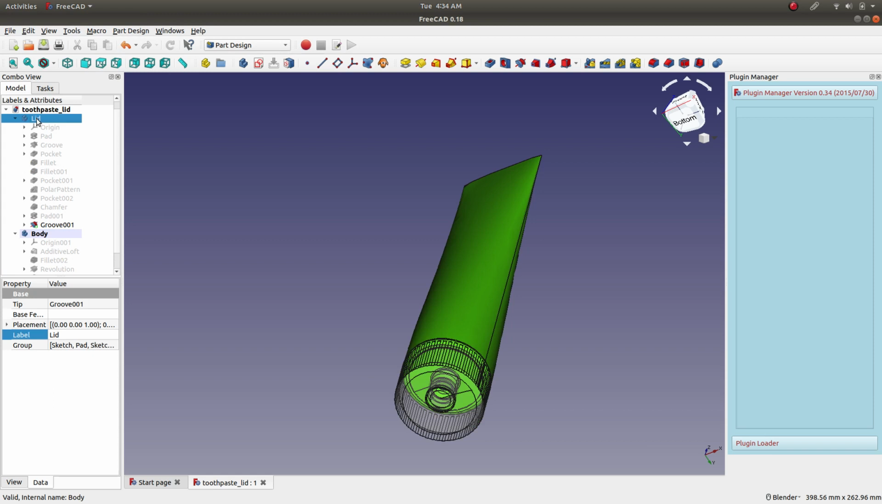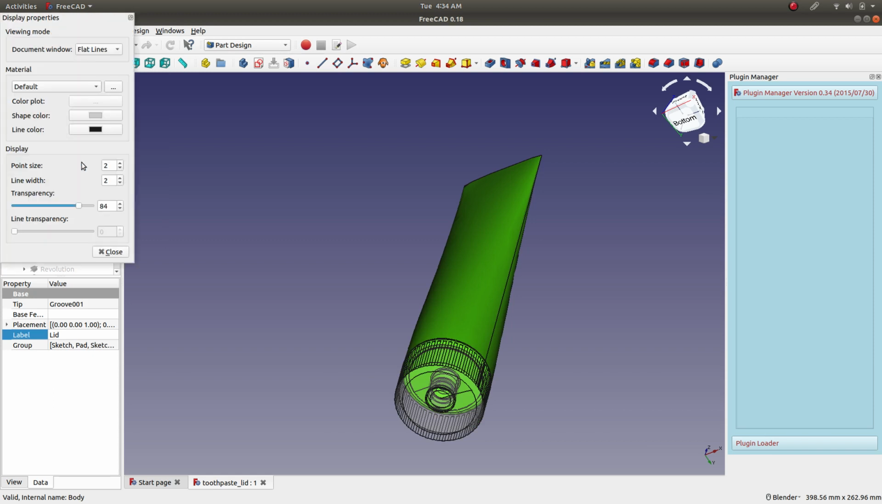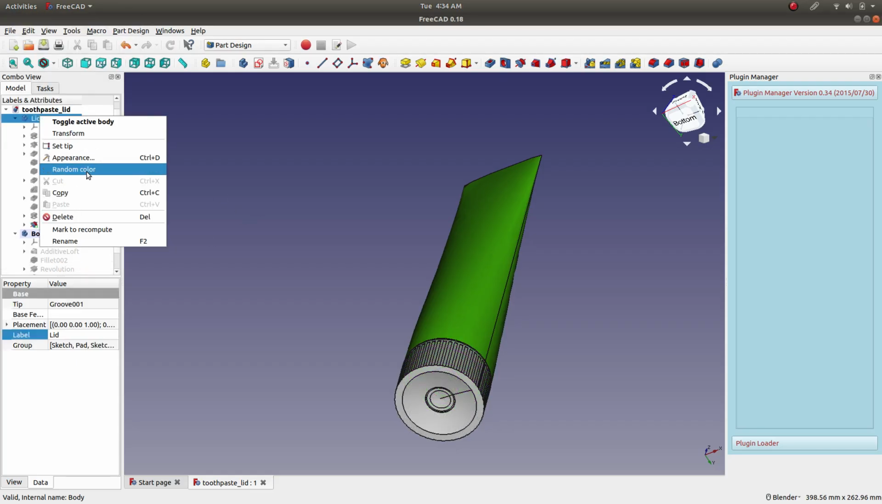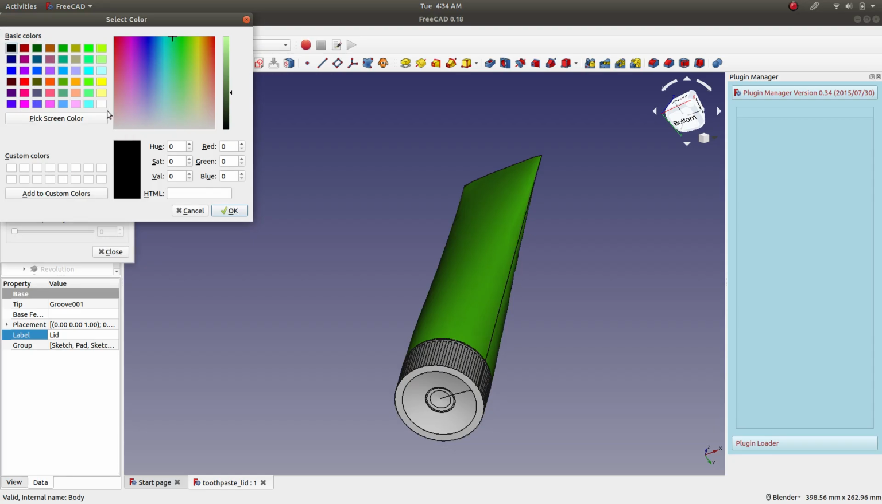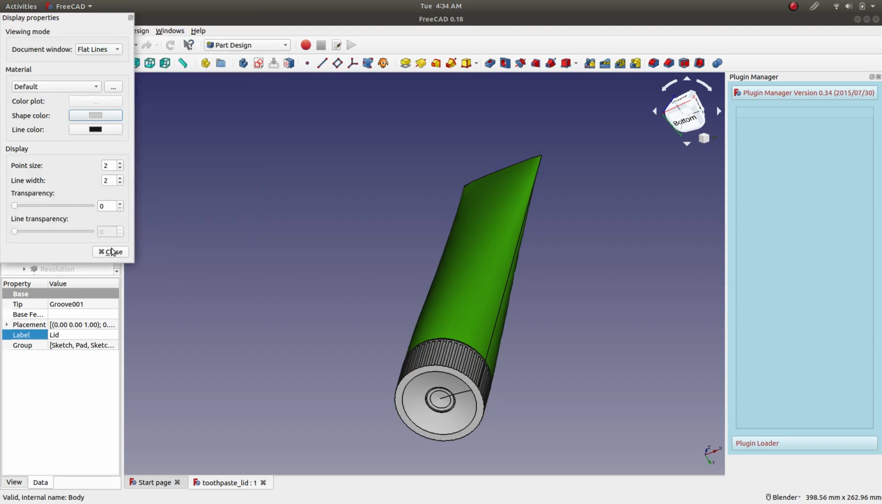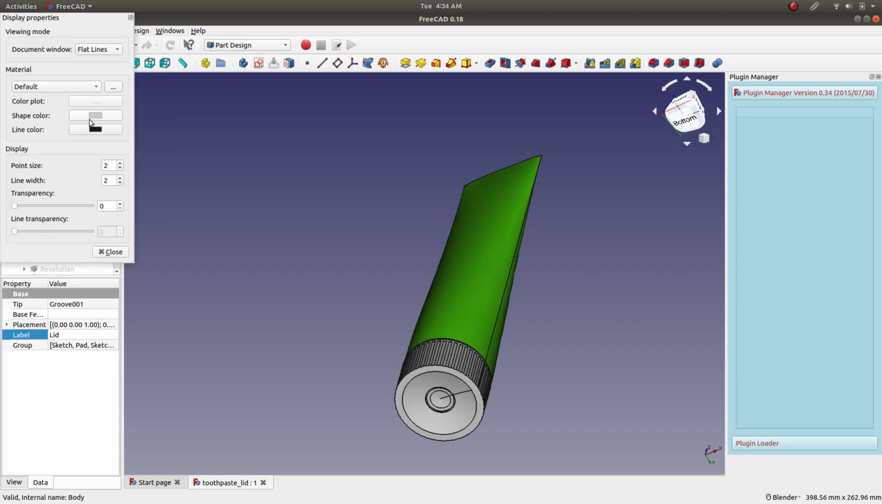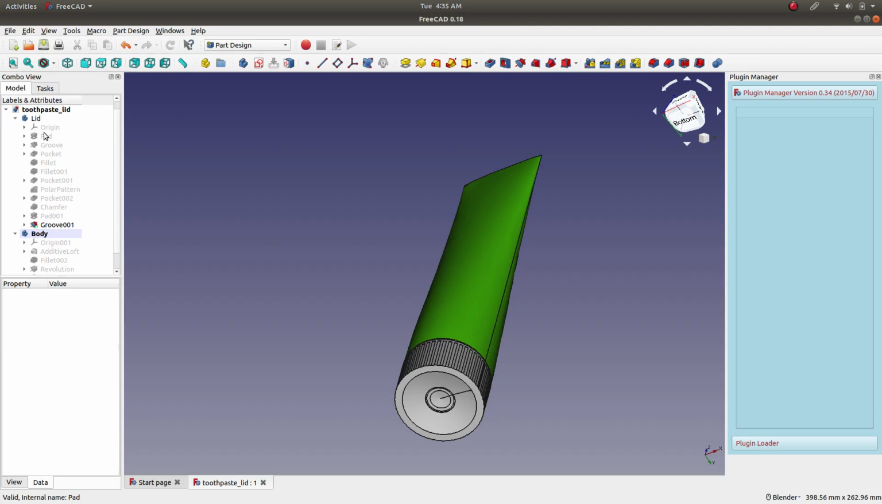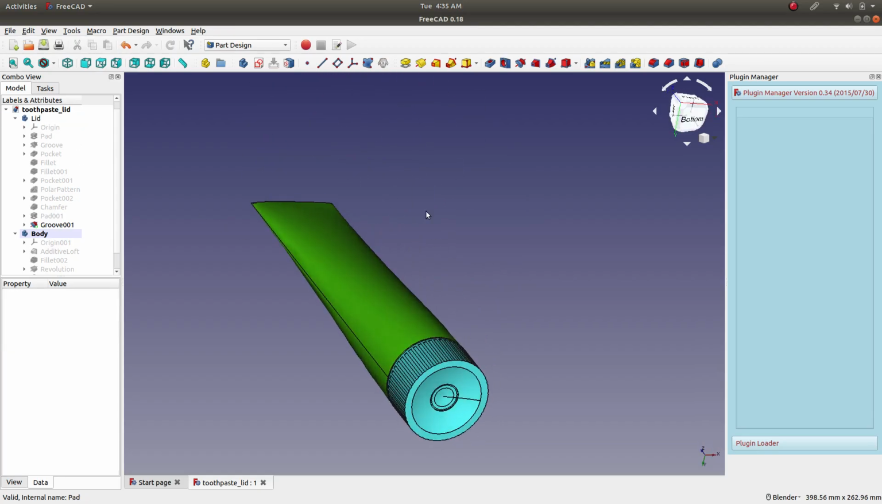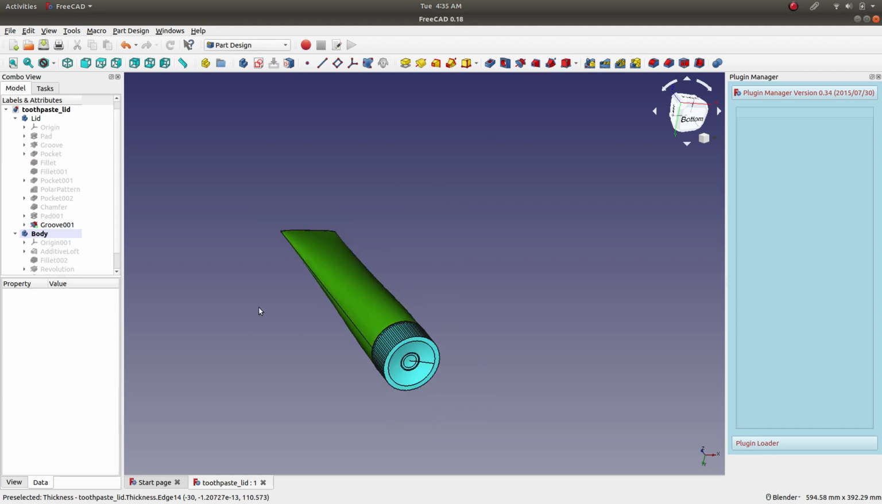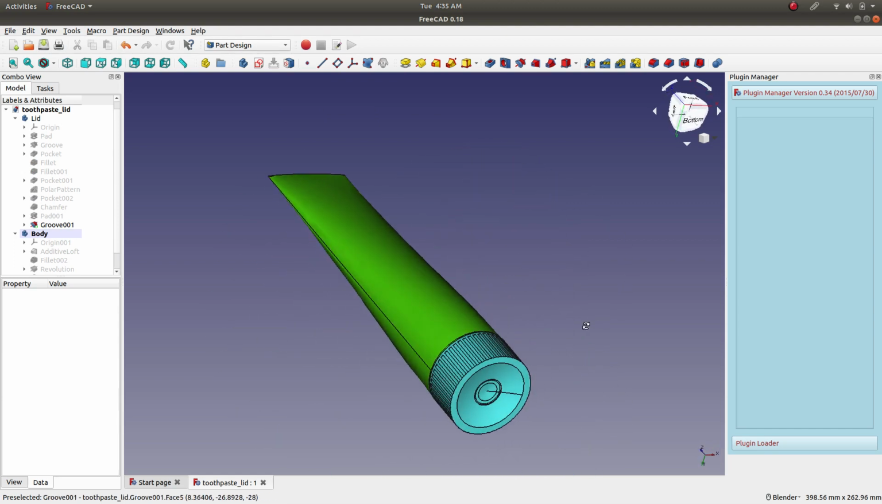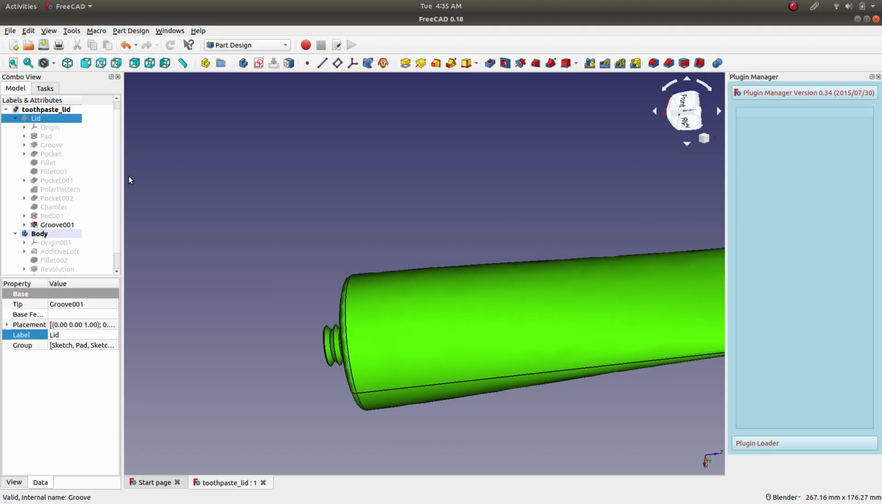and the lid, if we show it and then change the appearance, reduce the transparency, let's change the appearance to white. I think it's not the right color for this. Let's choose some random one. Yeah, and so here we just modeled a toothpaste container. You can show height